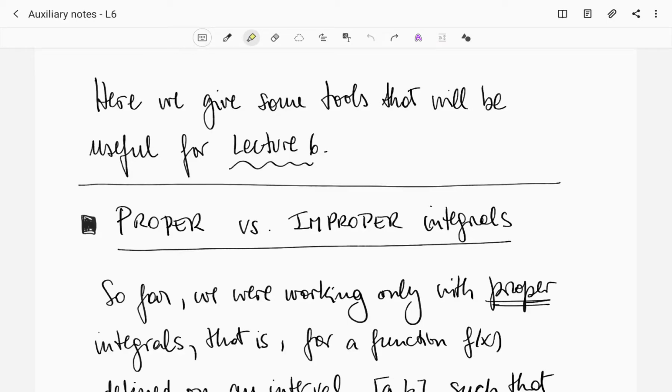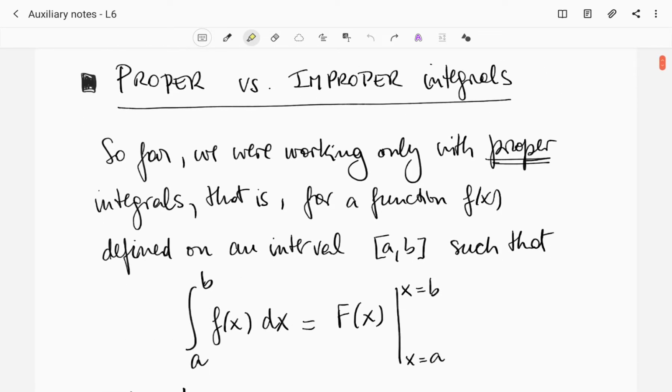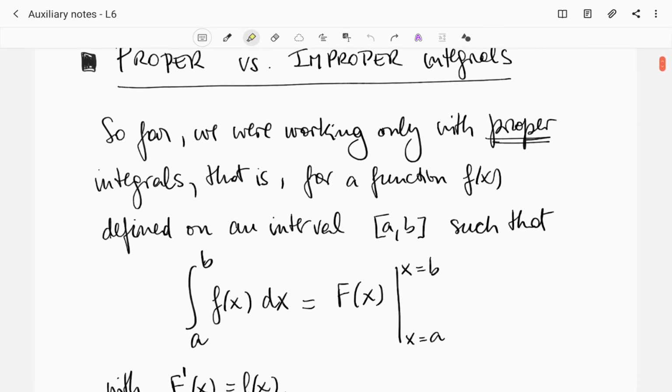These are some notes that will help us for the topics that we need to learn in lecture 6. So the first tool is about integrals, and the two types of integrals that we have in this course are proper and improper integrals. So far we were working only with proper integrals,